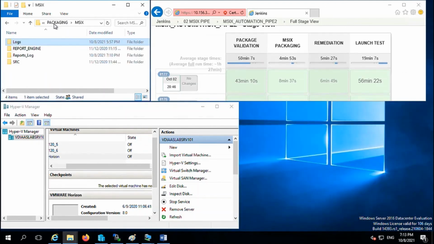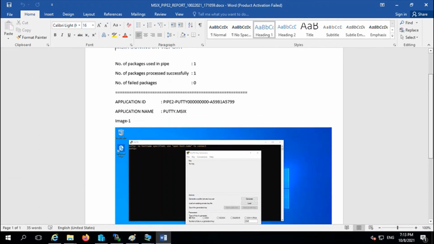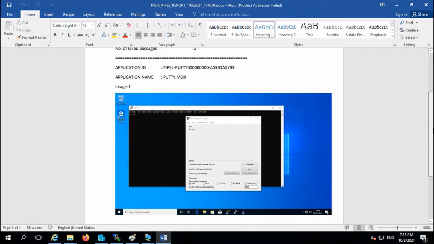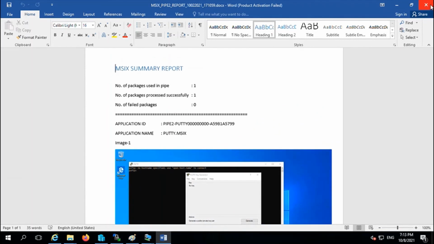There is another report available in MS Word, so I'm just going to the report logs. There is a document where you can see the status information, captured in MS Word also. So the packaging pipe ends here.